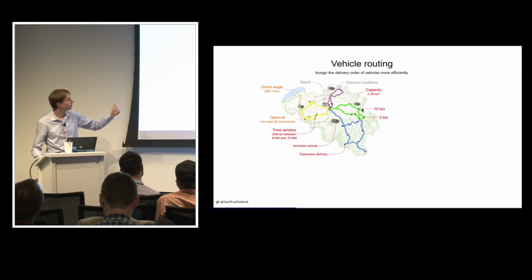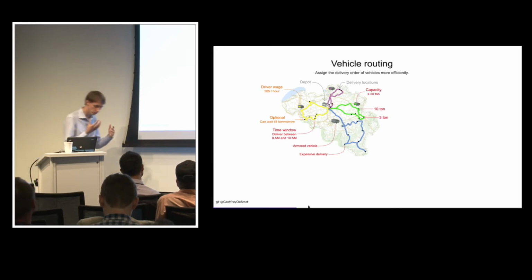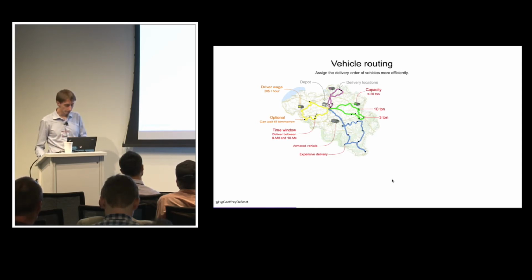Everywhere you drop a number of weight units, and you want to make sure that in total the truck is not carrying more than 20 tons, right? You might also have an expensive delivery over here, which means you need an extra armored vehicle. So you can see that this vehicle has more wheels, and it potentially has a second security guard sitting in there. That's because one of the deliveries that it's doing is an expensive delivery,